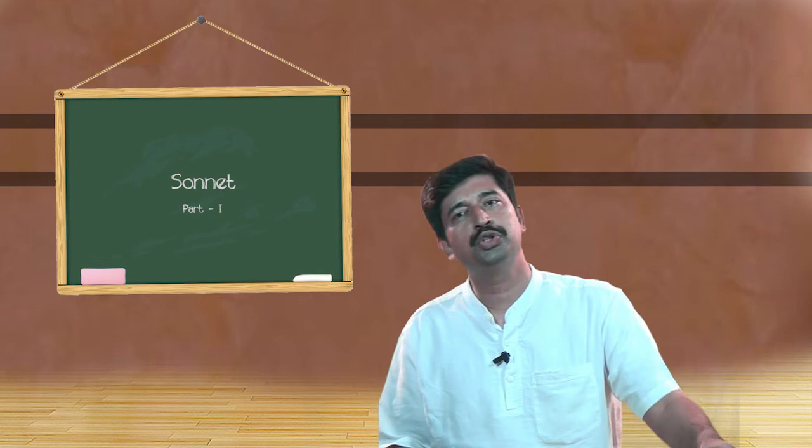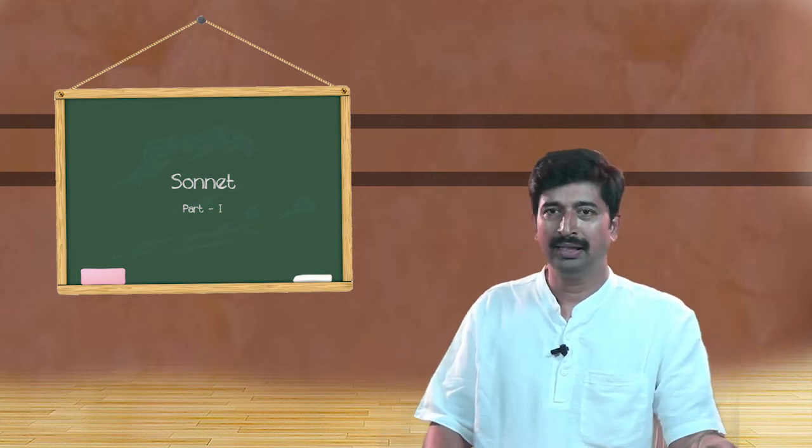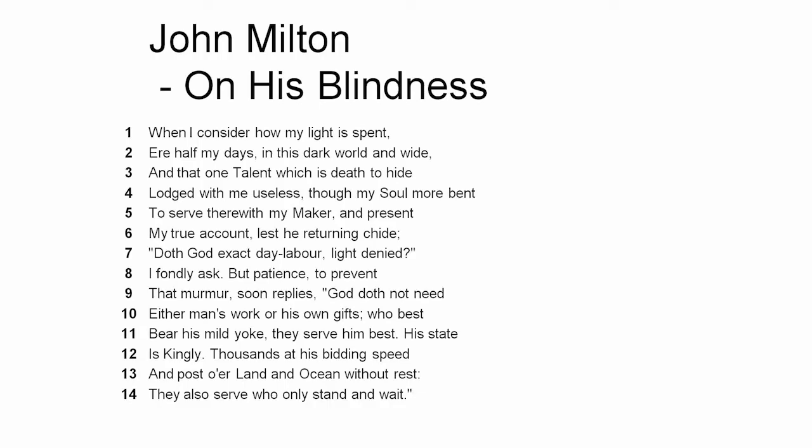Suppose we look into John Milton's On His Blindness. The pattern follows. Let's read one of his sonnets on his blindness. When I consider how my light is spent ere half my days in this dark world and wide, and that one talent which is death to hide, lodged with me useless, though my soul